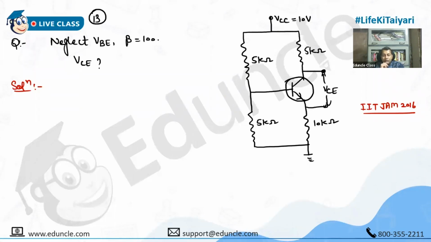So everyone knows the procedure. First of all, we need to find VB, that is the voltage across R2. In the actual circuit, this one is called R2 and this one is called R1, like this. And we calculate the voltage across R2 and take that as VB. And from there we start the question.